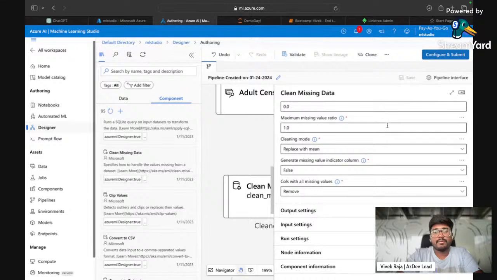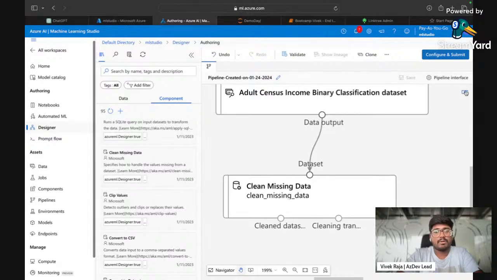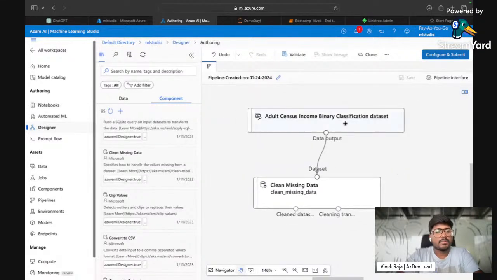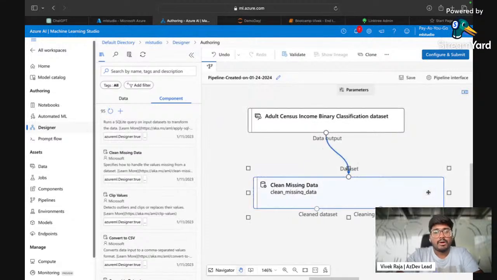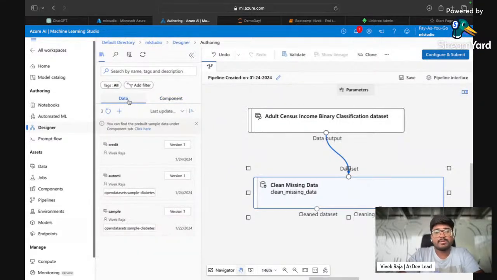Once I click save, that will configure my step. Now your dataset comes here, it cleans your data, and then you have your clean dataset over here. I'm going to take it and train the data. There are a couple more steps I need to do, like one hot encoding, but for the simplified demo today, we are not going to touch on that.